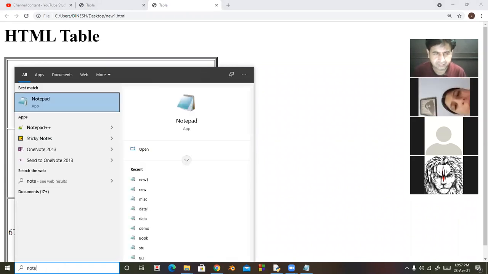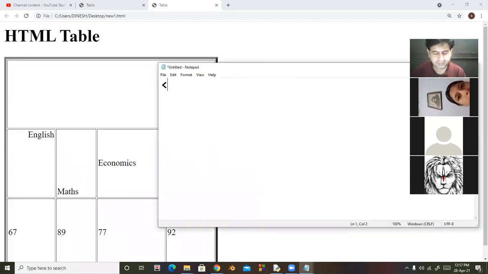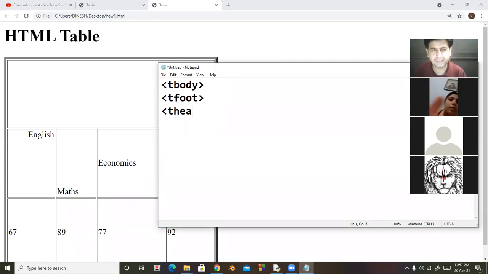These are called T body, T foot and T head. Basically, these tags are used for grouping of rows.